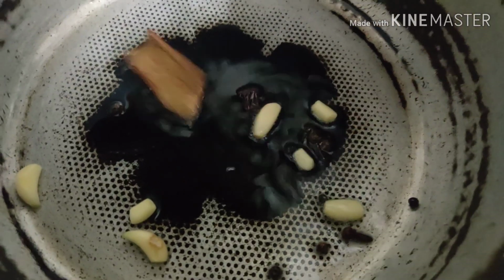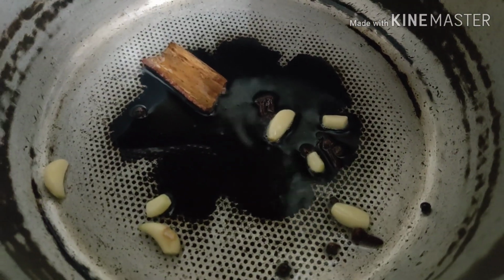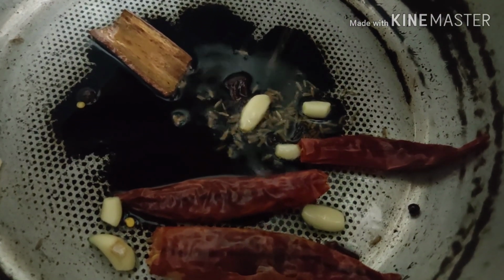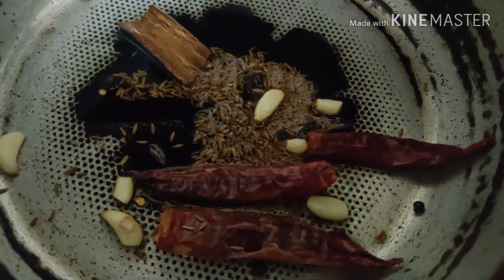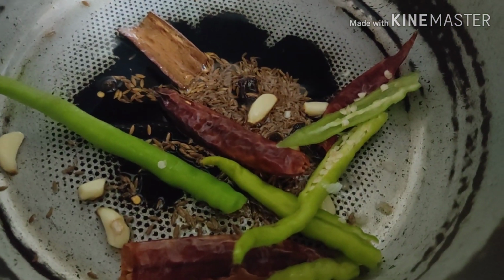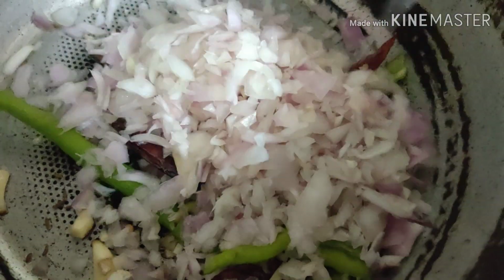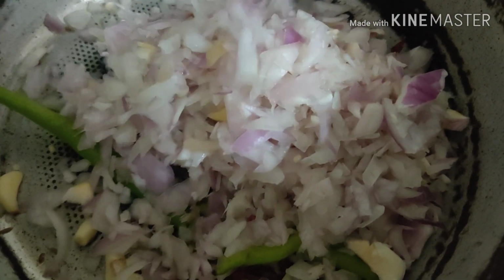5 garlic cloves, 1 cinnamon stick, 3 red chillies, 1 teaspoon of cumin seeds, 3 green chillies, and then 3 finely chopped medium-sized onions. I'm then going to mix this